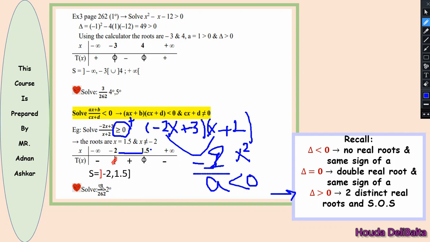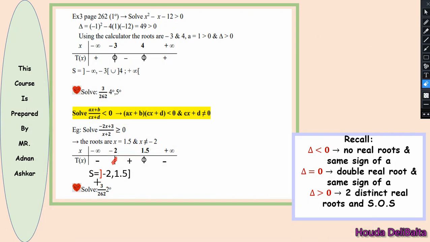Why is it open at minus 2 when we have or equal? Because minus 2 cannot be a value for x, because the denominator will be 0 then. So even though we have greater or equal, we close it at the allowed value and we open it at the excluded value. Now let's continue and see more examples